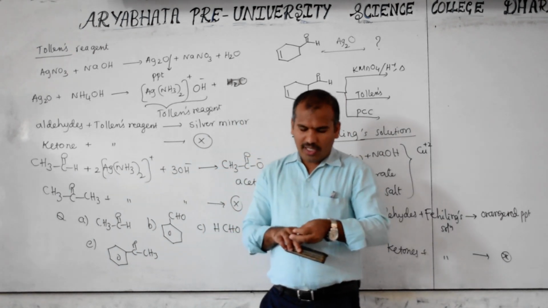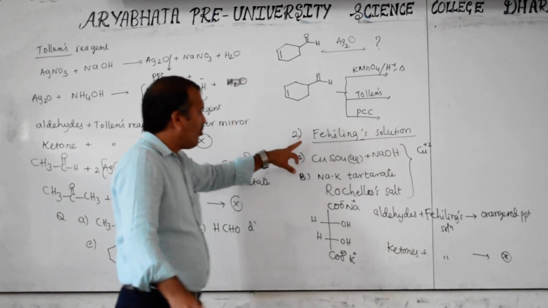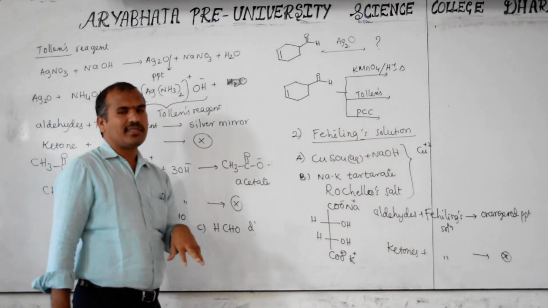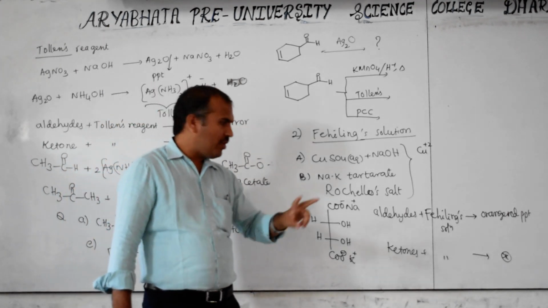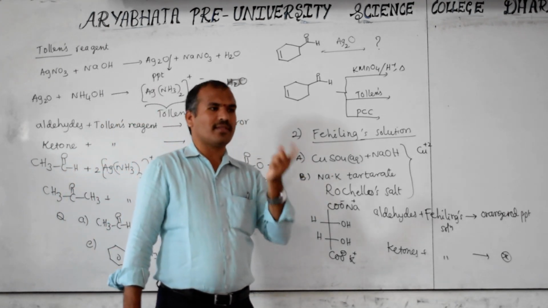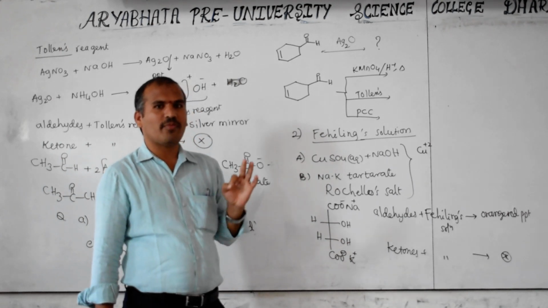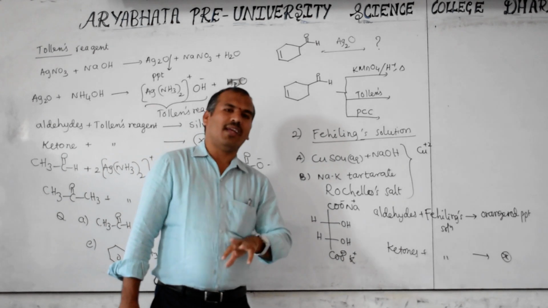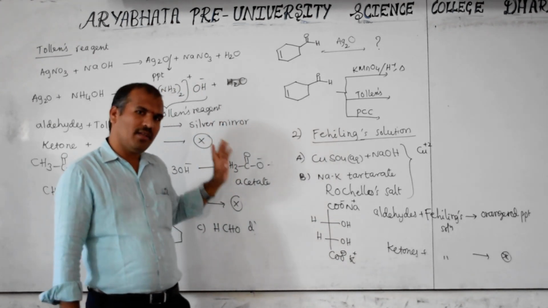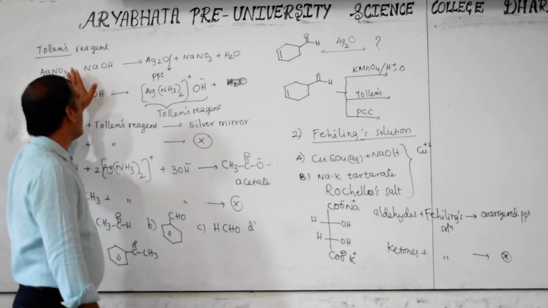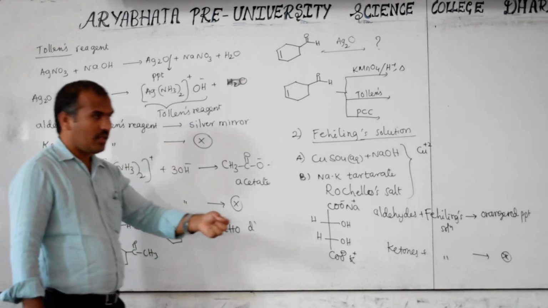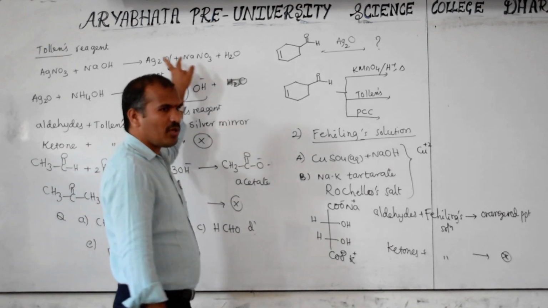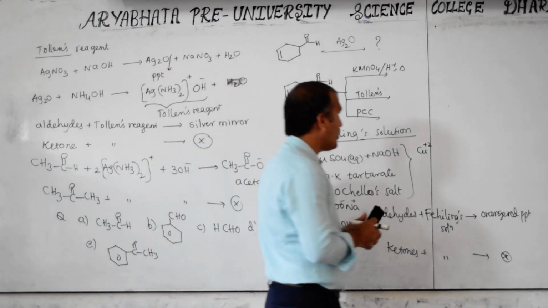But sometimes they may come back with this. Fehling solution and Tollens reagent are both mild oxidizing agents. Between these two, which is a somewhat better oxidizing agent? Again, this type of question they may ask. Both are mild oxidizing, but in that mild, which is better? Compared with Fehling solution, Tollens reagent is somewhat better, a little bit stronger. Both are mild, but in comparison it is somewhat stronger as an oxidizing agent. That is also very important.